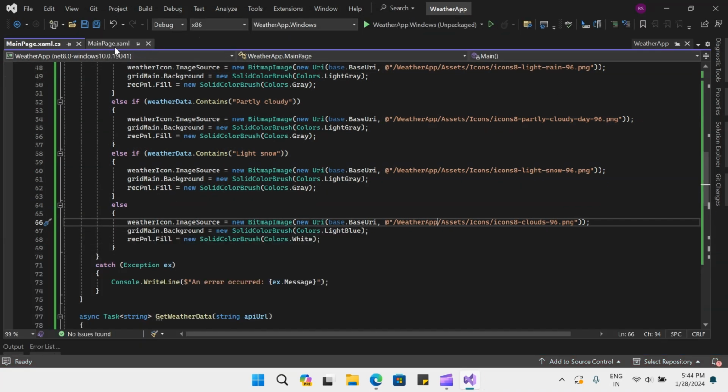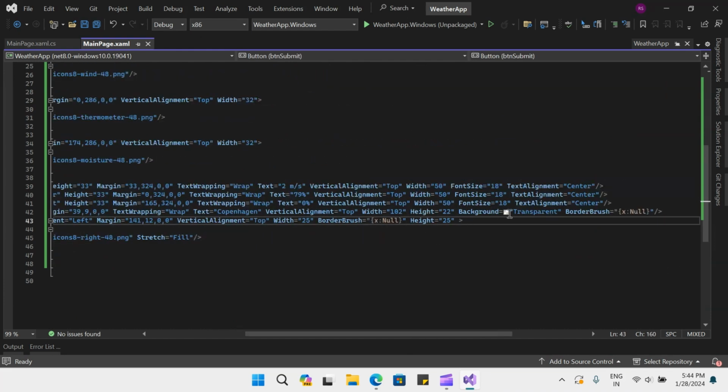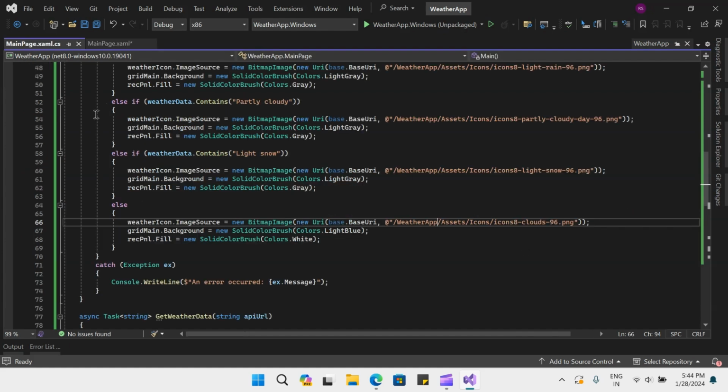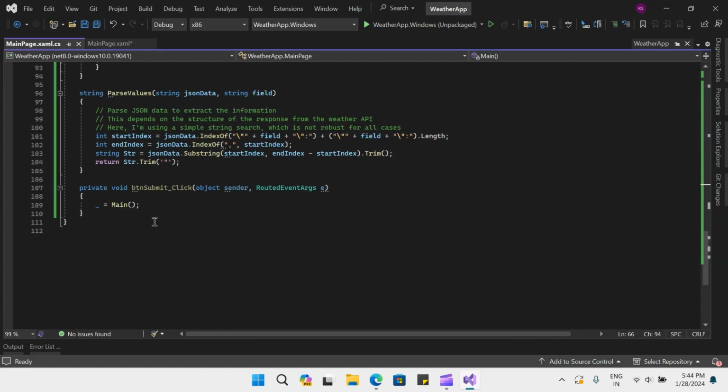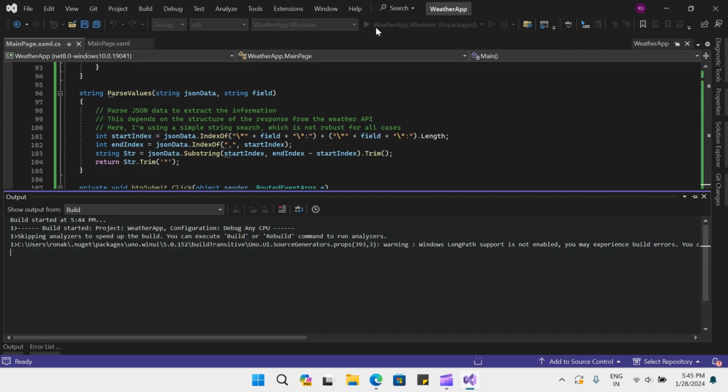Let me go back here, and if you remember, I had removed the click event. So let me add this and change it back to button submit. And under the button submit, what I am doing is I'm just calling this main function. And now if I run the application,